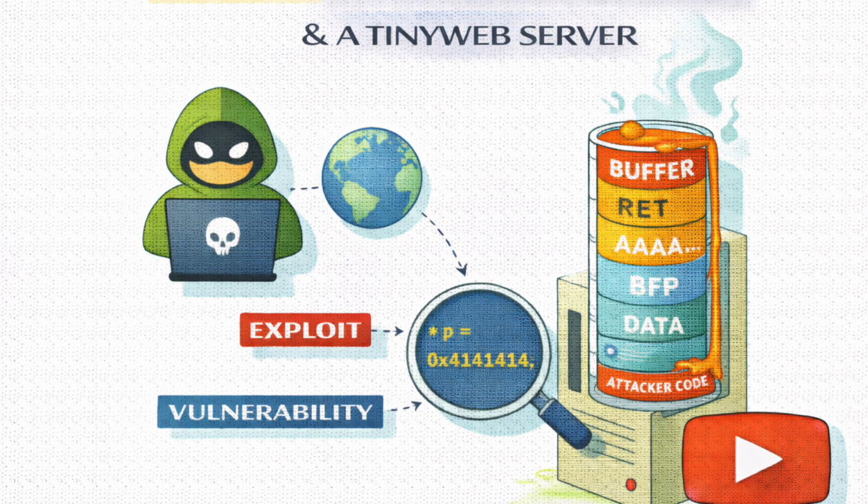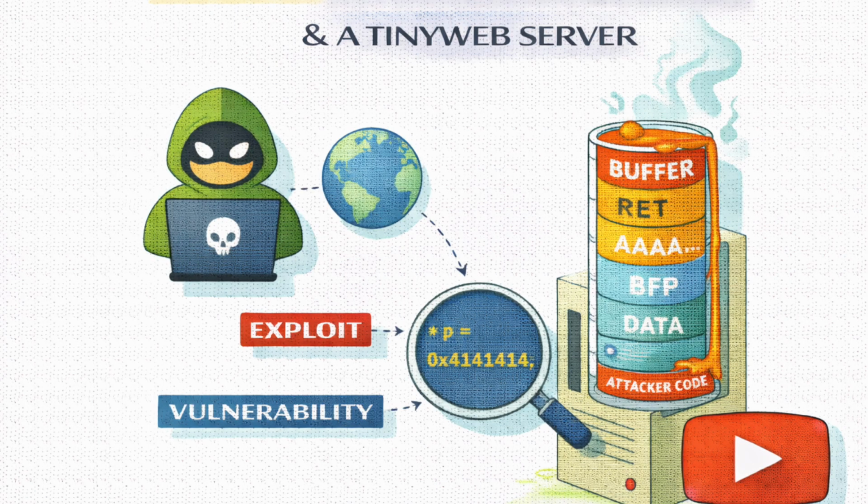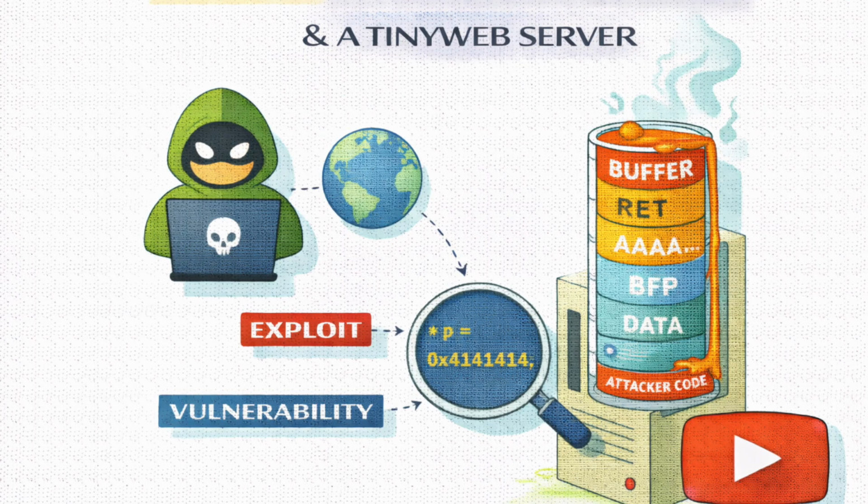But if we've overflowed the buffer with junk data, we've scribbled over the bookmark, we've erased living room and written gibberish. So when the function tries to return, it reads our garbage data as the address. It tries to jump to a memory location that makes no sense. The CPU gets confused, panics, and the program crashes. A segmentation fault. Yeah. Game over. Game over. So that's step one. We've proven we can break it.